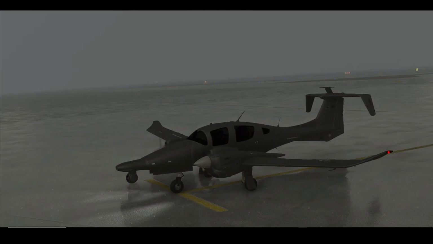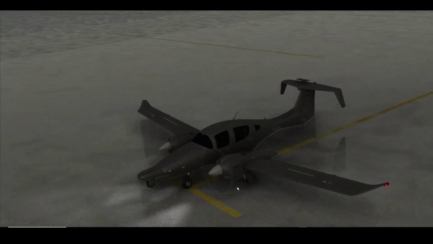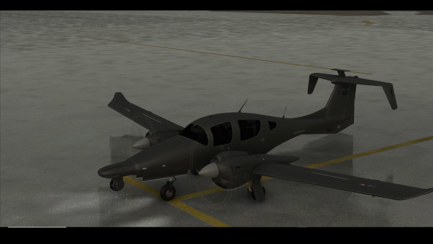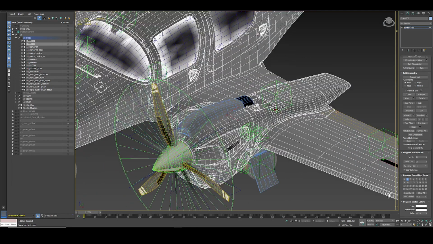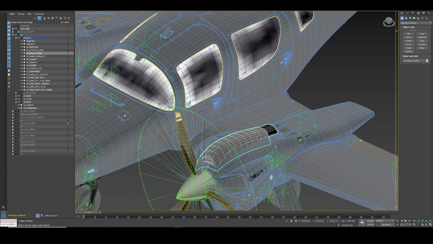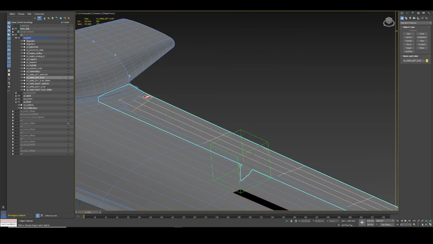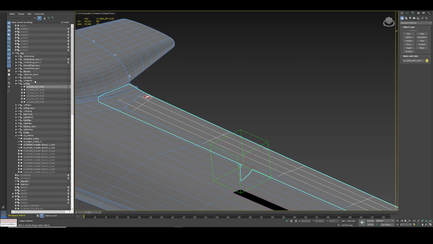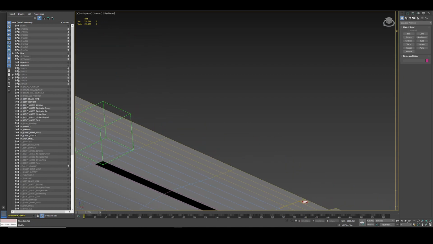But anyways, that's the DA62 MP variant, and I hope you liked it. Once again, I did all this with just the knowledge from my videos, and I'll put it at the end, the material one and how to do planes. If you look, these are just extra little parts that I put in LODs, X0 or whatever, so it wasn't that hard. And then do the materials, and remember when you're making a flap or whatever, because I'll eventually get to this in the video, you'll have a dummy, as they call it. And a dummy is